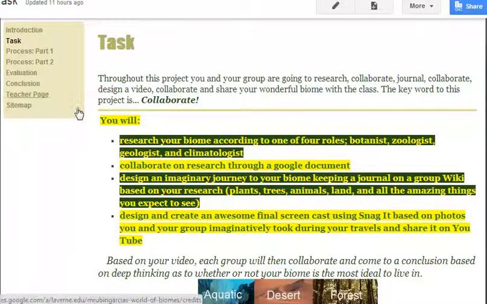On my task page, I took the introduction overview a bit deeper. I've made sure to let the students know that the overall success of their project is collaboration. In the Webquest, students will research a biome according to one of 4 different roles, collaborate on their individual research by using a Google document, design an imaginary journal to their biome and keep a 4-day journal on a wiki